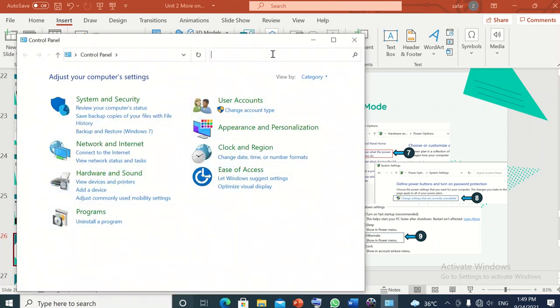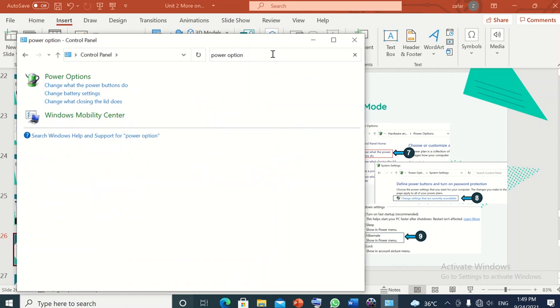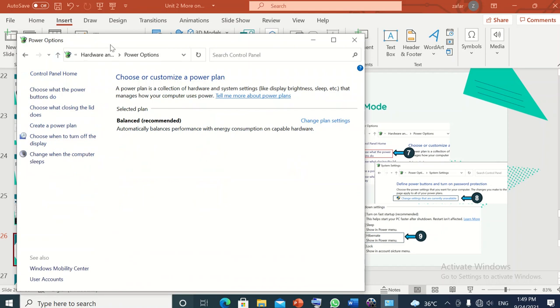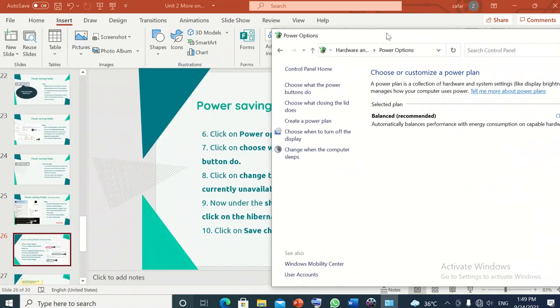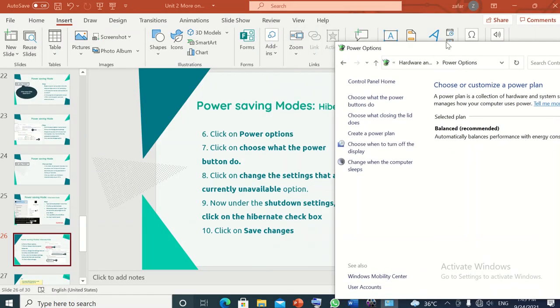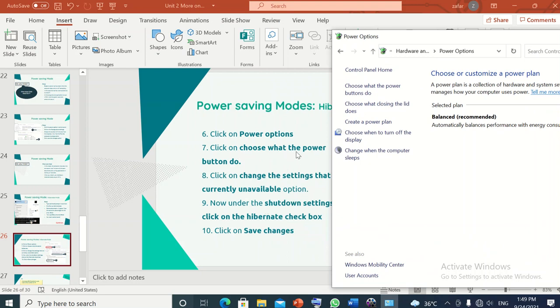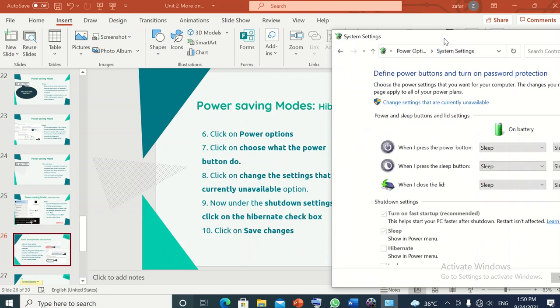Then here you can type power option. Okay, now you click power option here. After you click the power option, this dialog box will appear. Now here you will click choose what the power button does. Now you can see all these options. Okay, now from here you will click choose what the power button does. So you click here, then